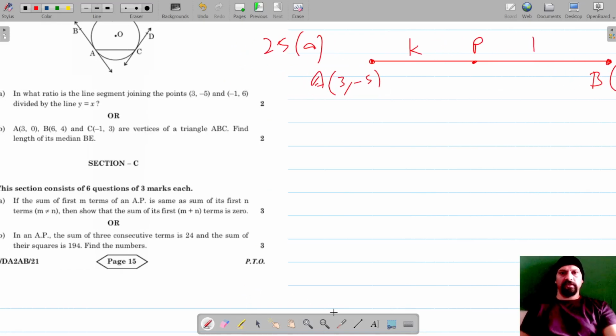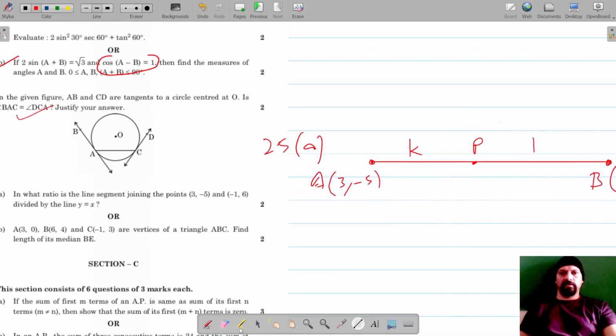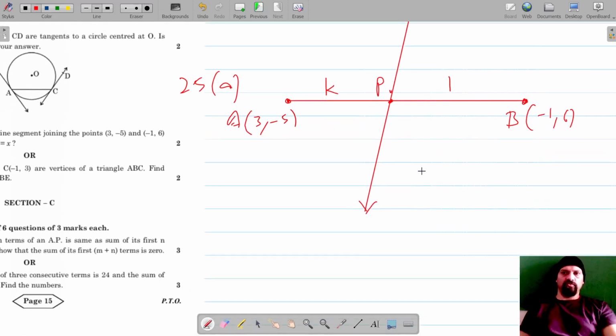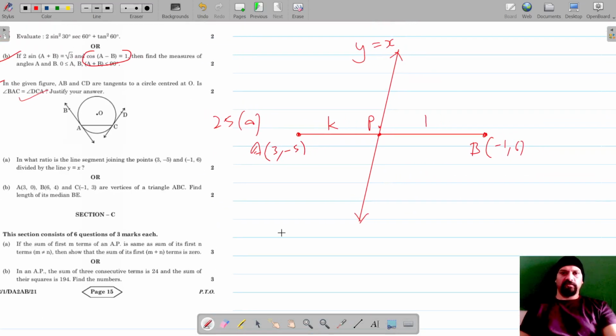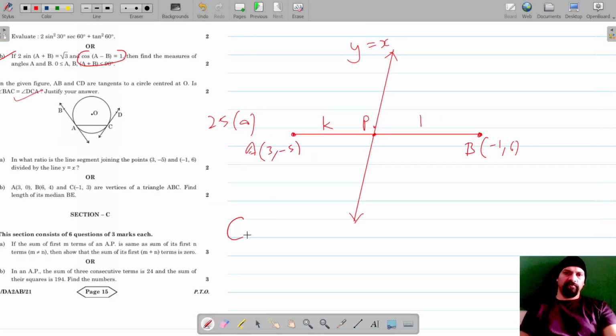There is a line y is equal to x. So this is the line, and this line's equation is y is equal to x, and it intersects this line at point P. So P divides this line in the ratio k is to 1, and using the section formula, we can find out